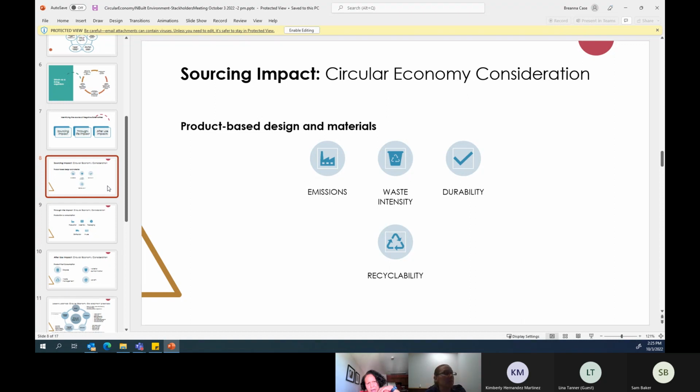I have lots of different types of examples, but I didn't bring them with me, though I will send them to you. What we need to consider at this level is, when we design a product, how do we break it down? What causes emissions? How waste-intensive is it? Is it durable? Is it recyclable?